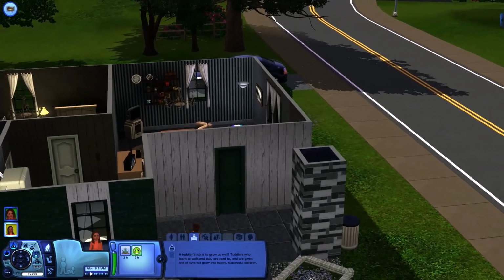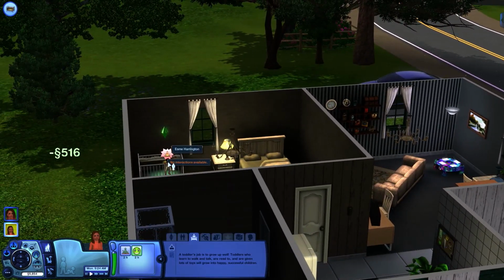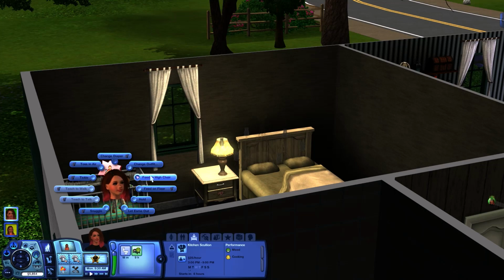She's hungry, so if we get her up and can't press on her. Oh no, I am her. That's why. We can feed her in the high chair, and